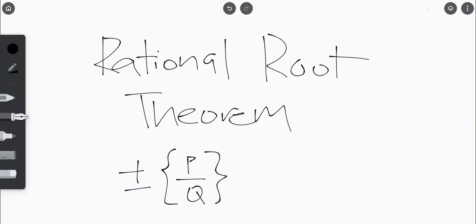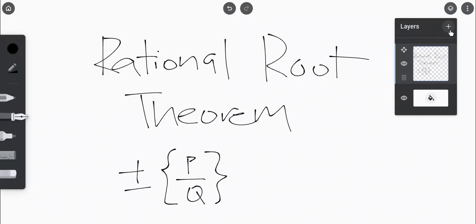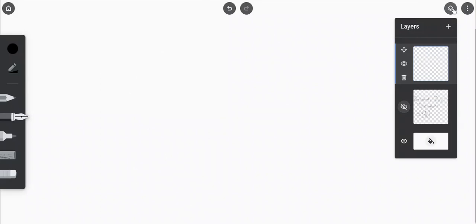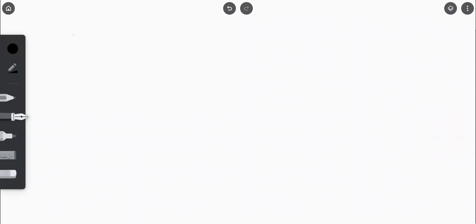In this video, we will talk about the rational root theorem. When you hear the word rational, it just means that it's a number that can be expressed as a fraction of two integers. For example, 3/4 is rational. 3 is rational because it's just 3/1. And the rational root theorem basically just generates a list of all possible rational roots a polynomial expression can have. And if none of those roots are valid solutions, then you can conclude that the polynomial has no rational roots,